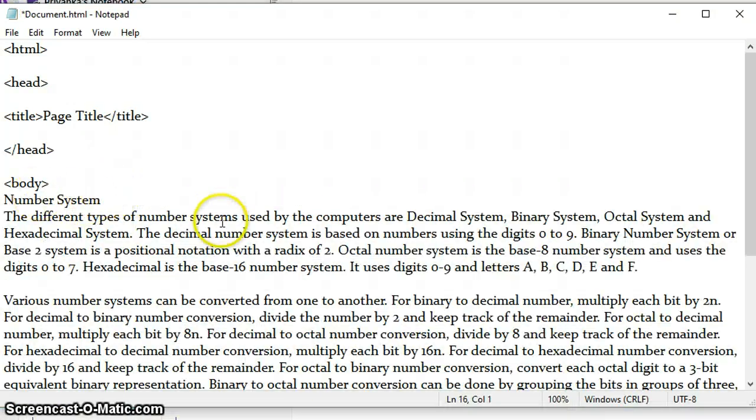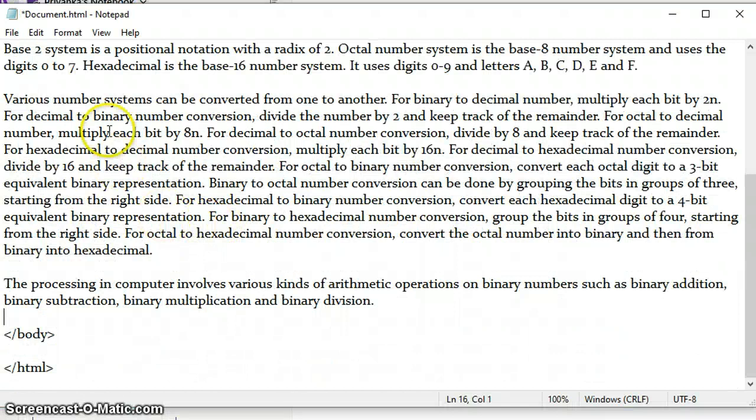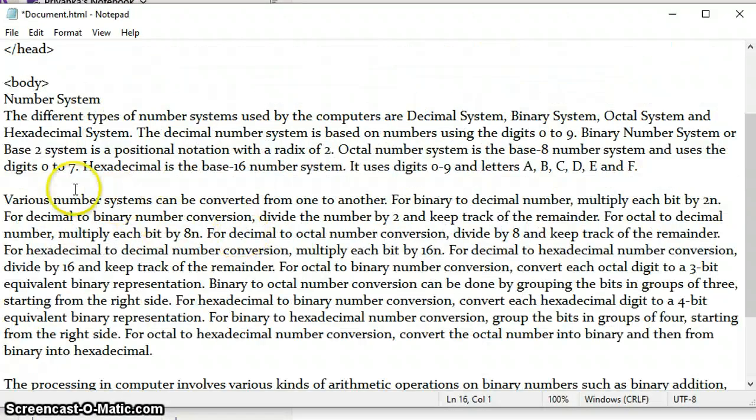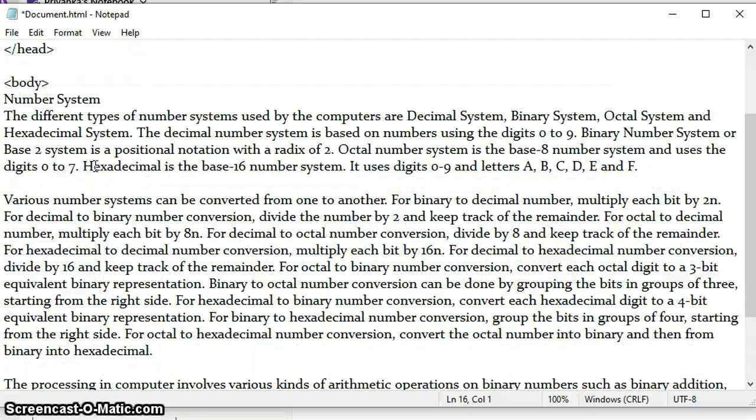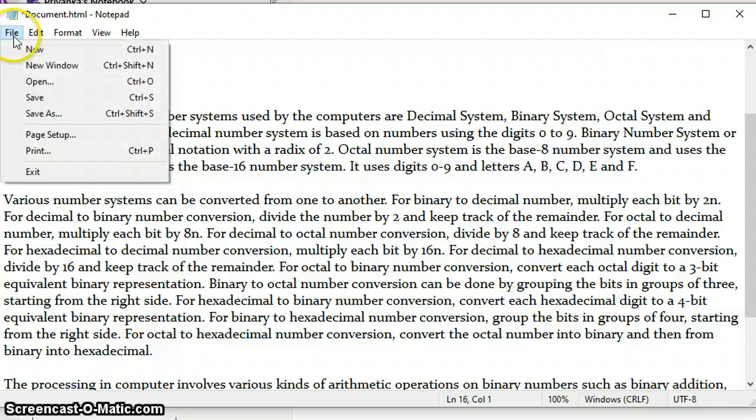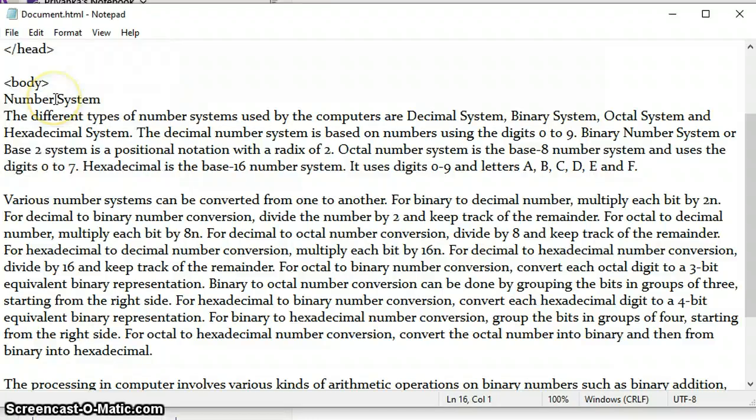As you all can see, I have pasted few lines of text from the chapter number system of your computer science book. Now the first tag which I am going to explain is the paragraph tag. I'm saving this document and I will open it in the web browser itself.